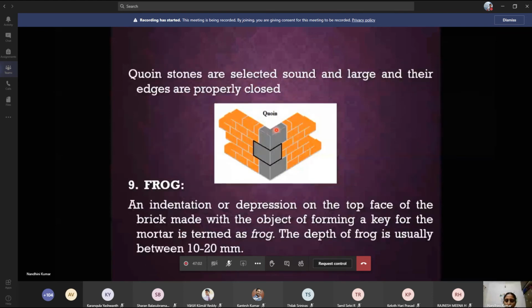This is called quoin. This corner grey colored part is called quoin. If you look at this side, you can see this shorter side is always called the header. The longer side is always called the stretcher. This is called quoin header, and this one is called quoin stretcher. Okay,